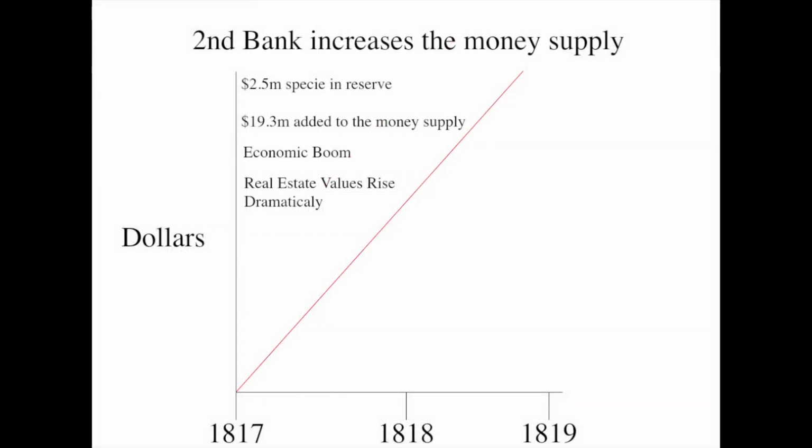The abundance of cheap credit fostered an economic boom and created a real estate bubble that sharply raised property values around the country. However, beginning in the summer of 1818, the Bank of the United States became aware of the dangerous inflationary climate that was emerging. In response, it proceeded to engage in a series of deflationary moves. This led to a wave of bankruptcies throughout the country, a collapse of real estate prices, and subsequently the Panic of 1819. An economic depression ensued that lasted until